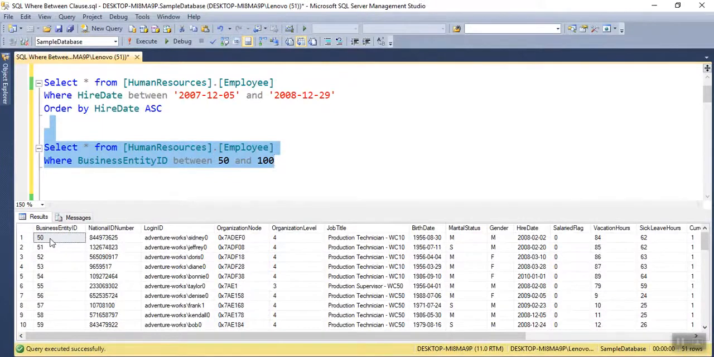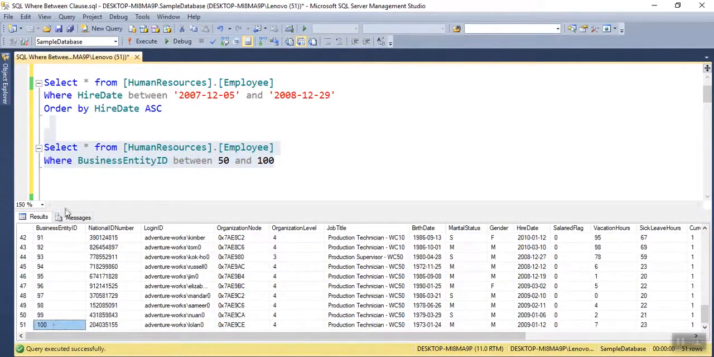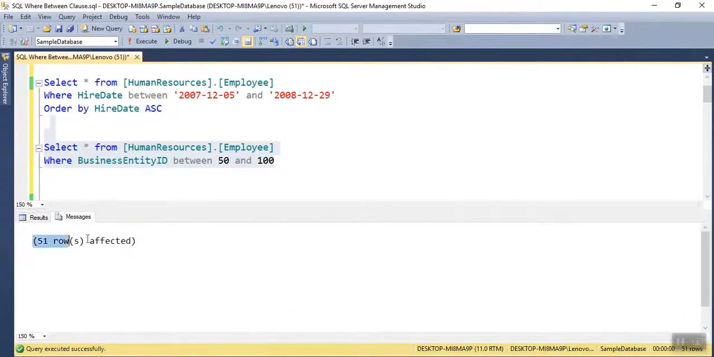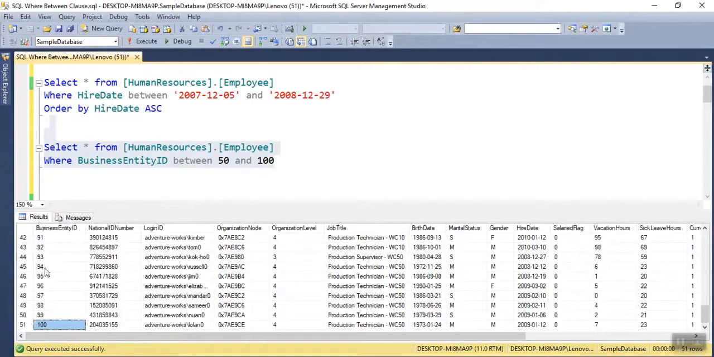see, I am getting the data between 50 and 100, and the interesting part is that I am getting 51 rows. It's not that any row is getting repeated. It's because between 50 and 100 there are 51 numbers, because 50 is inclusive as a lower end, so it's included. So I hope that you will like this